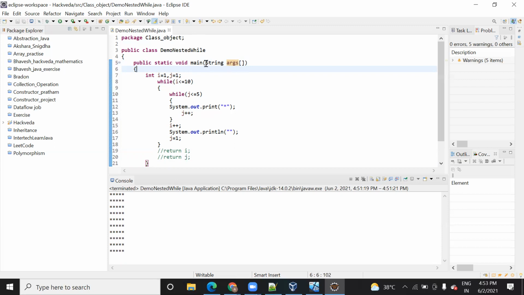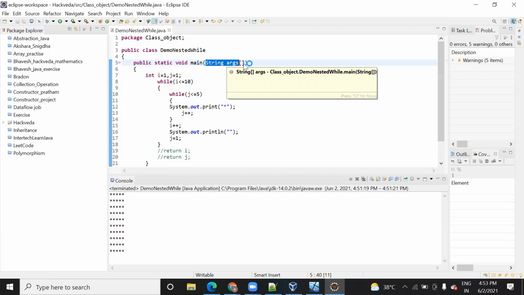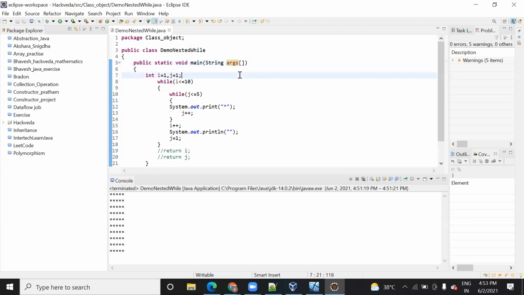So this String argument is used to read a command line argument, meaning the value passed by the user, so that it can hold the data. Why are we using this array? Because you can pass as many values as possible and this can be ready to hold them.